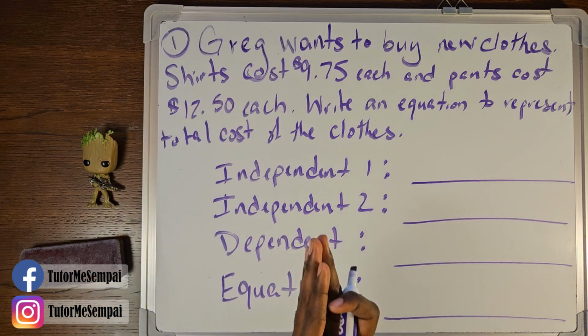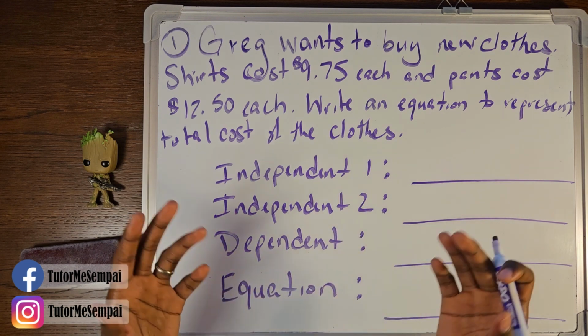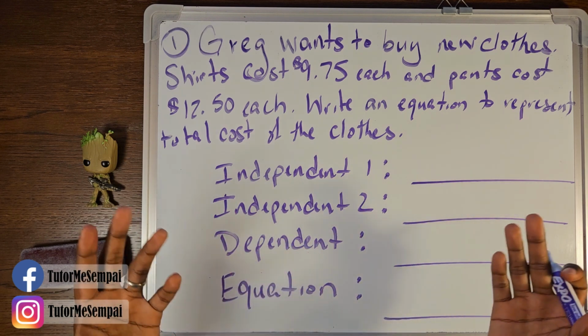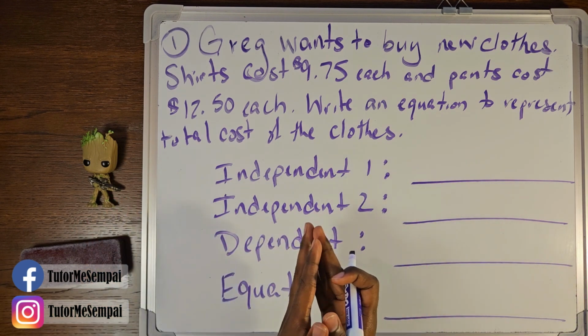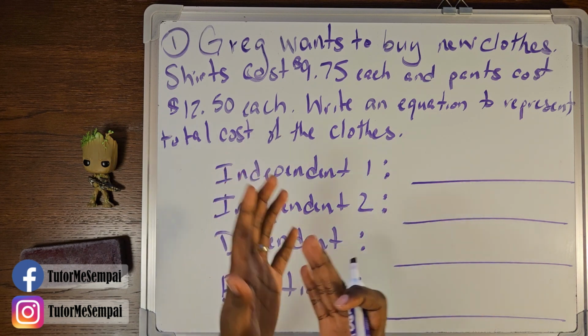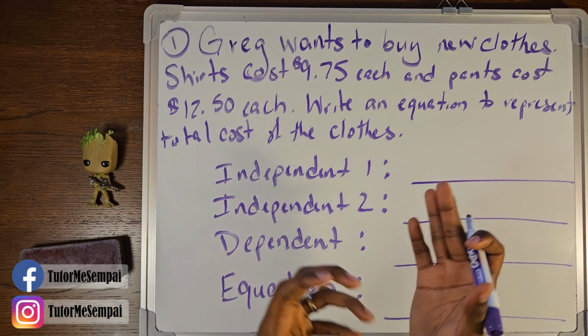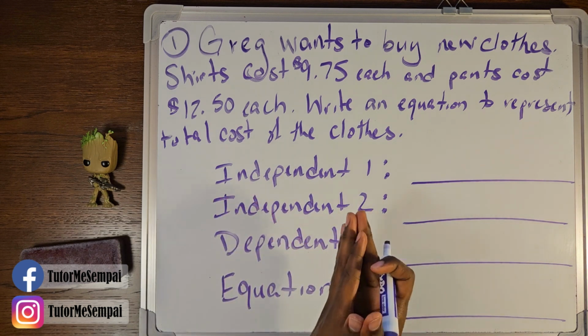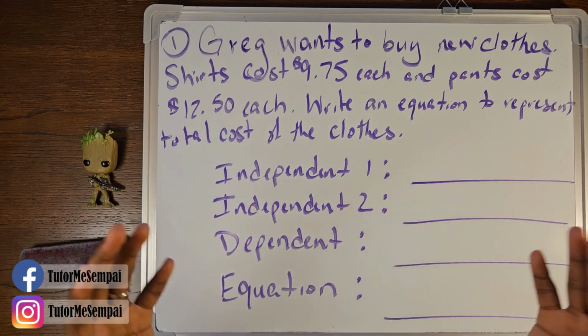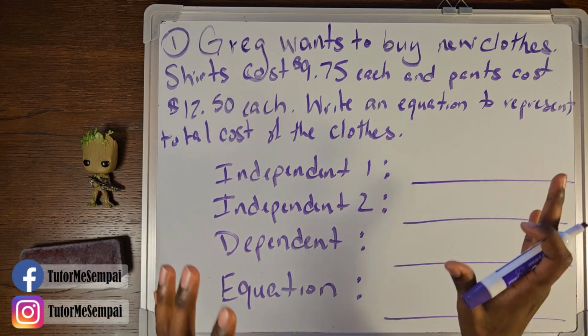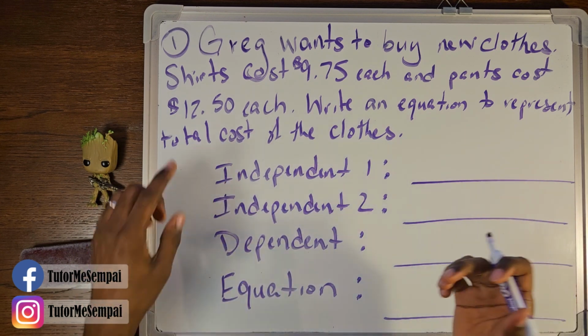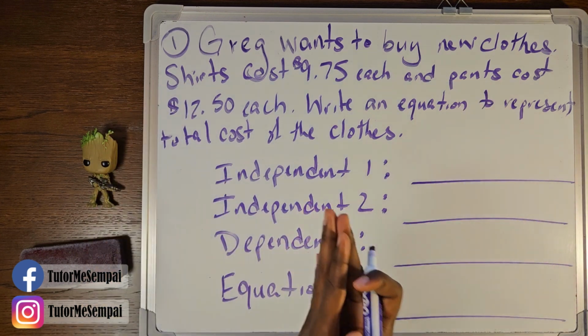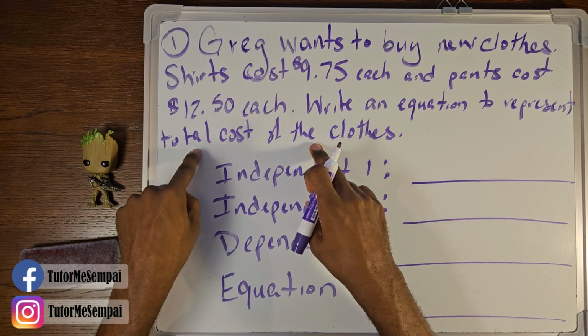Let's say he goes in with the intention of buying 3, but when he gets in there, he finds one that he really likes. So now he buys an additional one. He controls how many shirts and how many pants he wants to buy. He doesn't know exactly how much it's going to cost, but he does know exactly how many he's going to buy. That means that shirts and pants are going to be the independent and their total cost is going